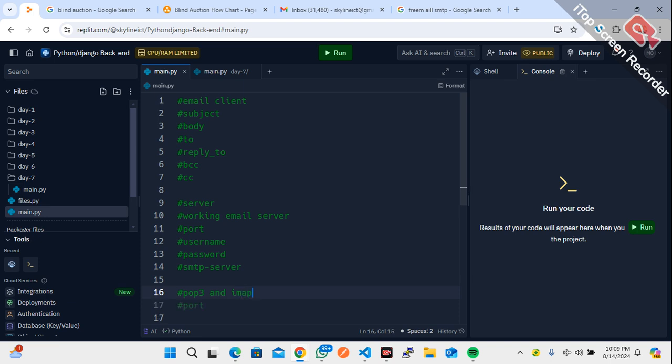So in SMTP, it handles what we call the port, which is very, very essential. In emails, you have incoming and outgoing emails, right? So if you are sending an email,